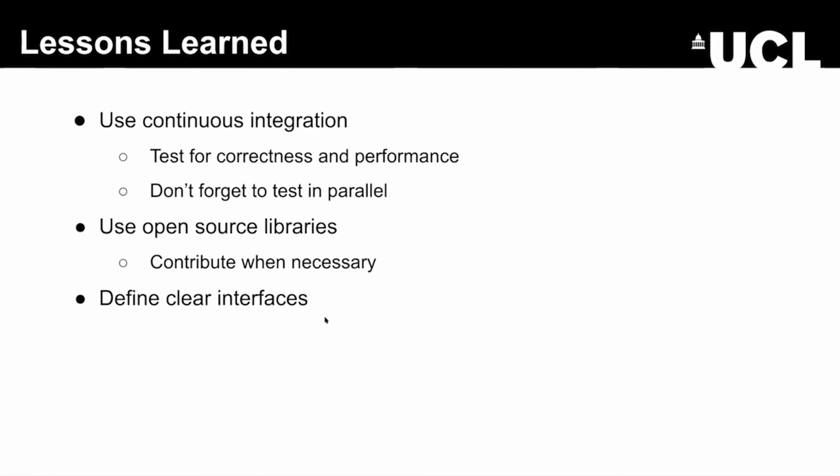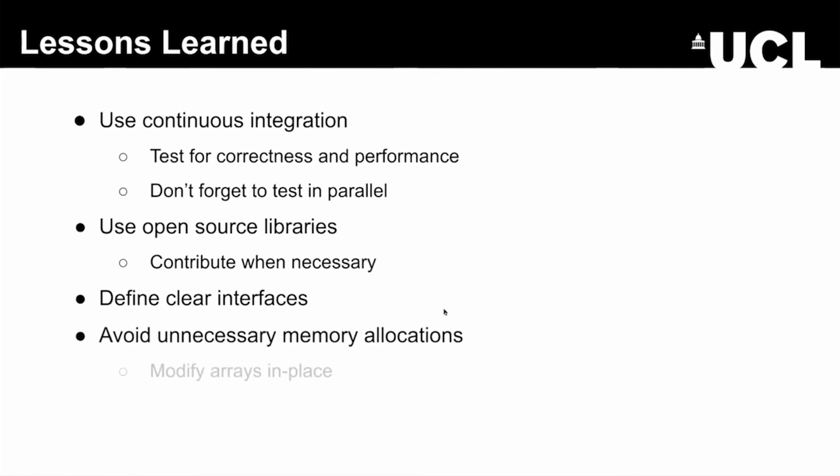Clear interfaces between different parts of your software are important. For example, in our case, between the forward model and the filter, so that you can plug in different versions that someone wants to try out. In terms of performance, avoiding all sorts of temporary variable allocations is extremely important,